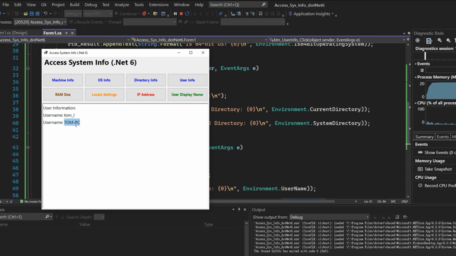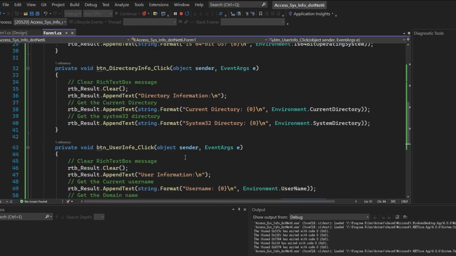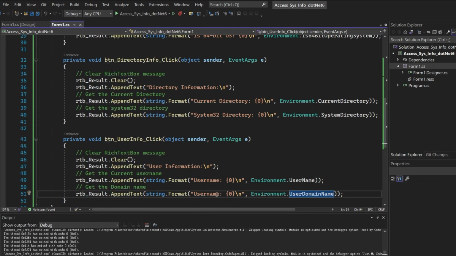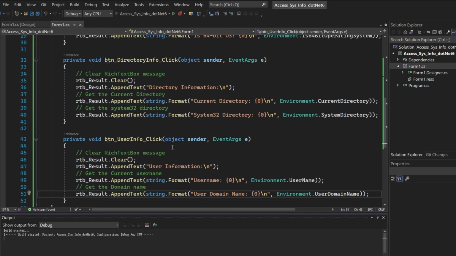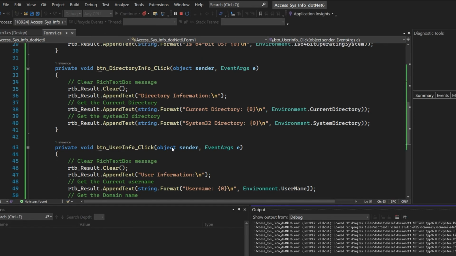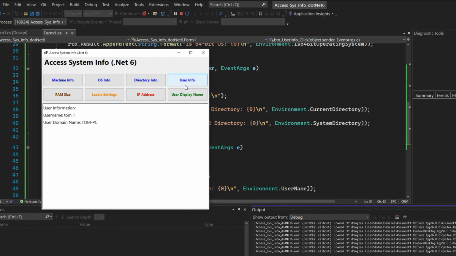And oops. Change that to user domain name. Okay, run it again. Click on user info. Yeah, that's my